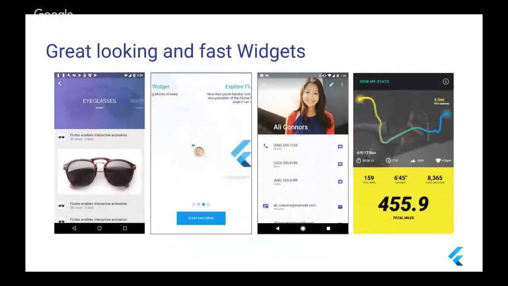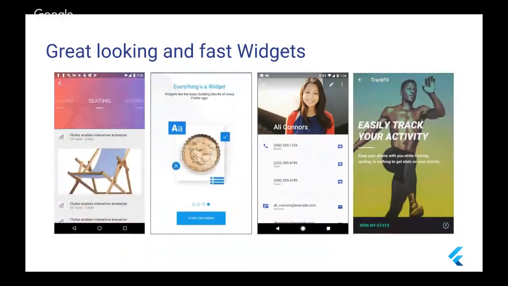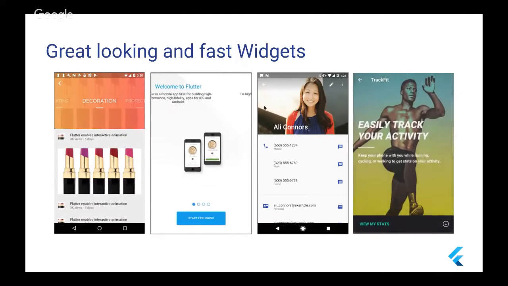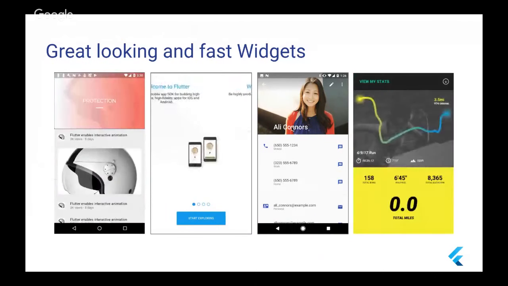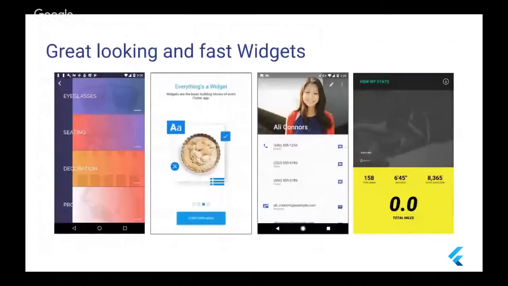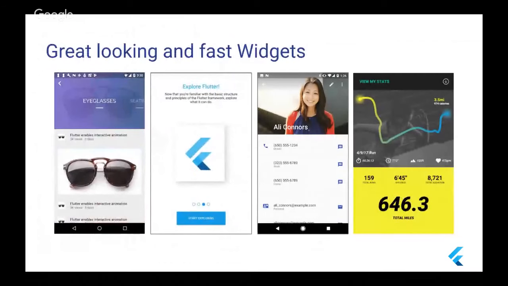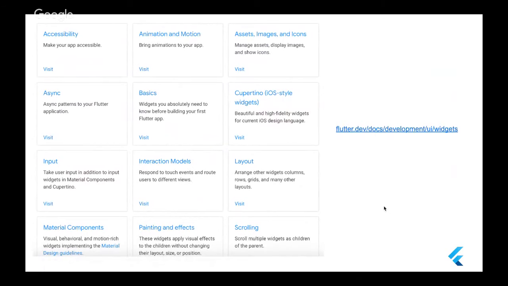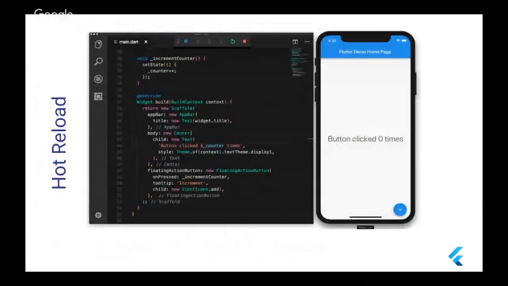To summarize, Flutter allows you to build a great, native, beautiful application. And this is the Flutter Gallery app, which is available and open source on GitHub, and we can add its link in the description later, inshallah ta'ala. And if you want to check what widgets Flutter has, or the pre-made widgets that are available for you, you can check this link. You will find a lot of widgets that help power your application to build a native, beautiful application.